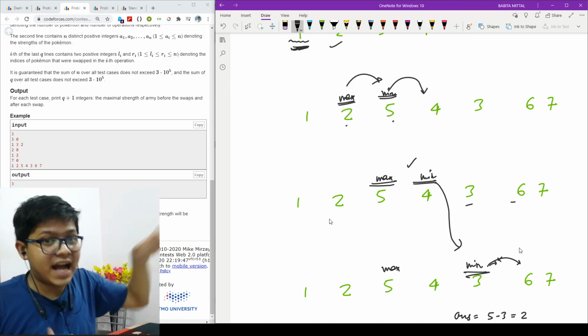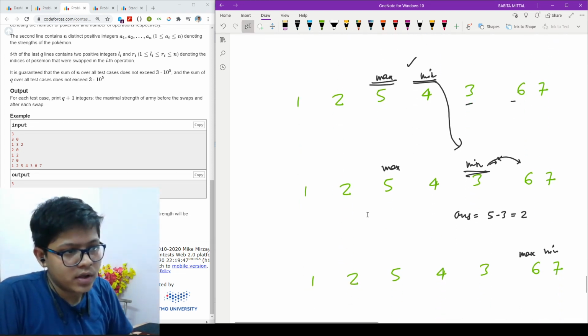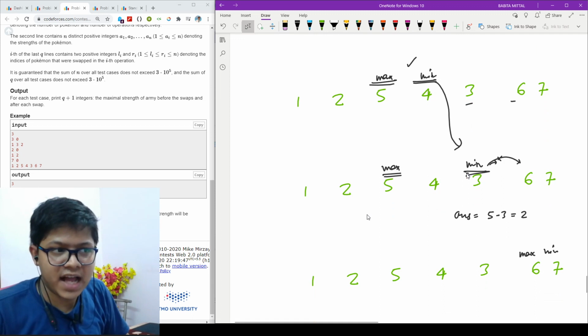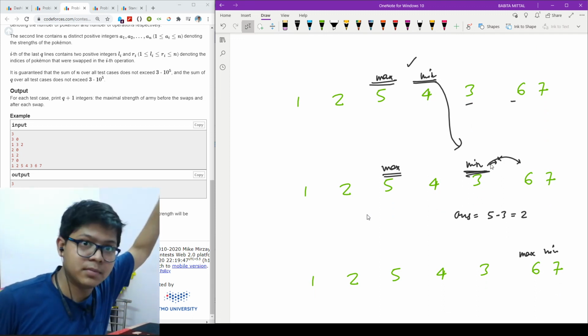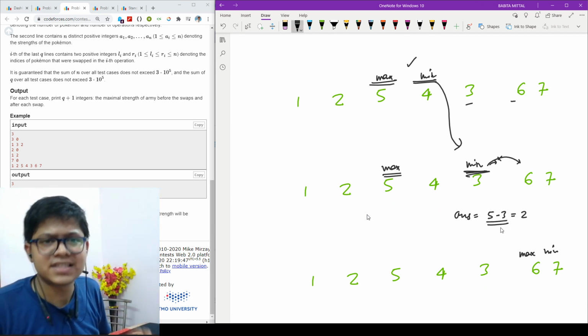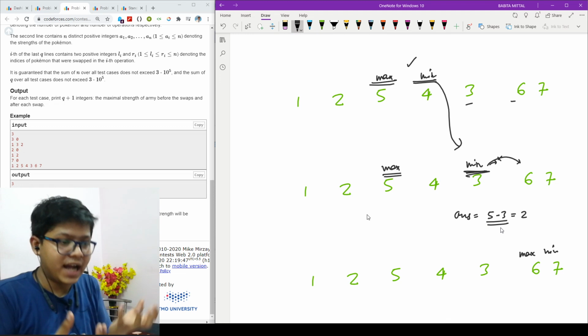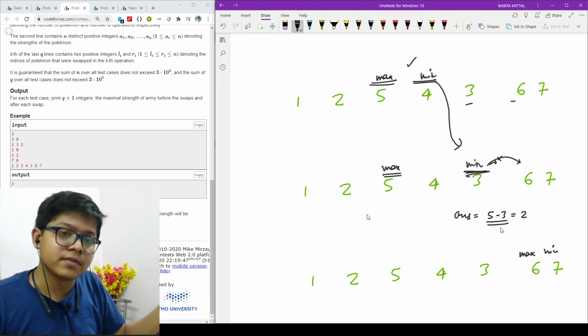These kinds of sums I can add in my answer to obtain the maximum final answer. So I had this 5 and I have this 3 at maximum and minimum locations. I know that they are the maximum and minimum locations. So I will add in my answer 5 minus 3, which means the difference, because what I needed was a subsequence with alternate sign starting with positive.